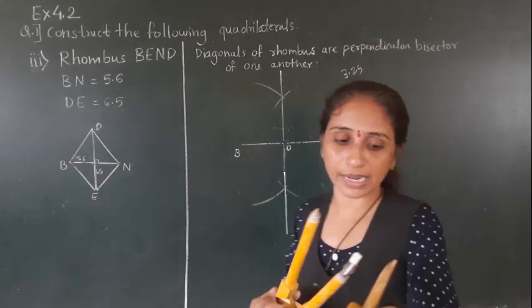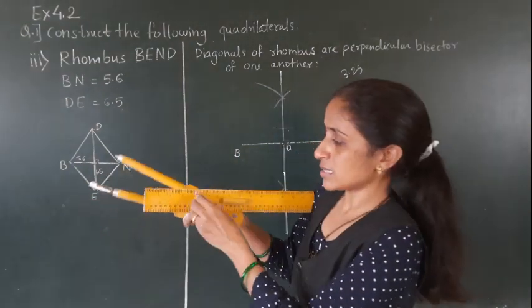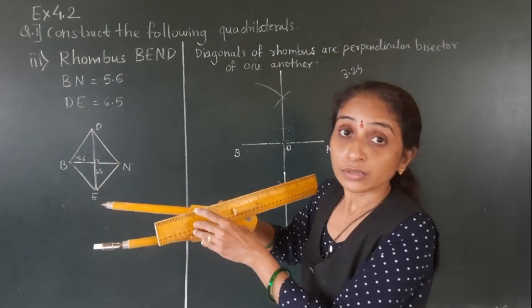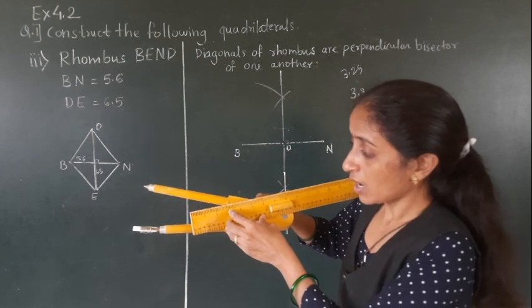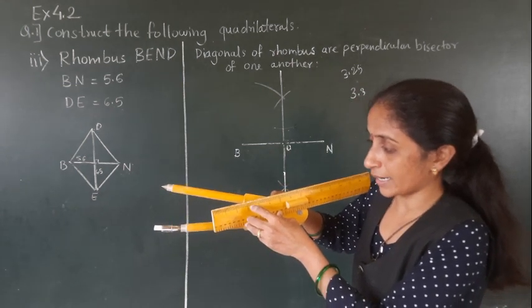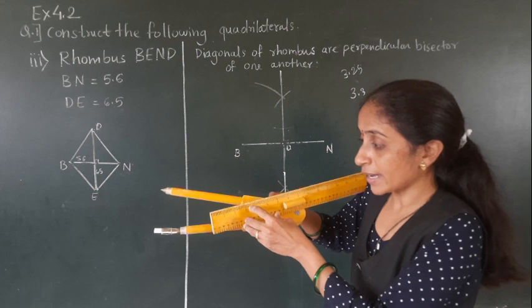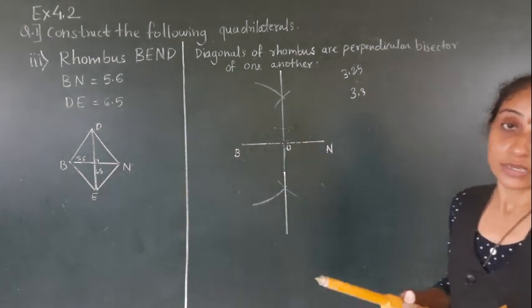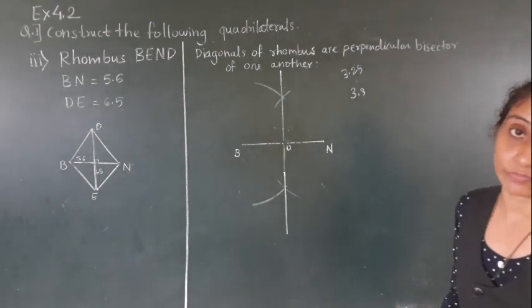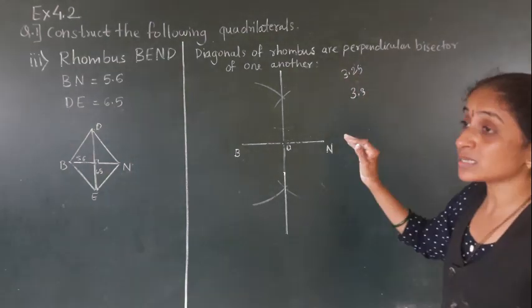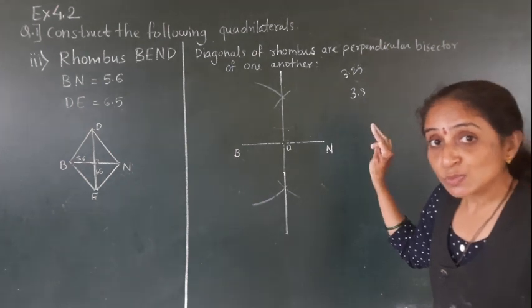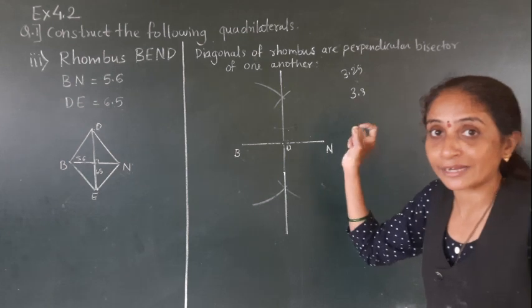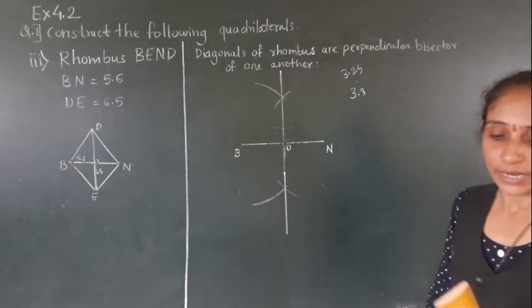Suppose this is your scale. On this scale, this is the 3rd number, 3 centimeter. After 3, come to the first, second, and after that, the second and 3rd small line. In between that measurement you have to take 3.25. 3.25 means after 3, 2 small lines, and after that the 2nd small line and 3rd small line. Between that measurement, we have to take.